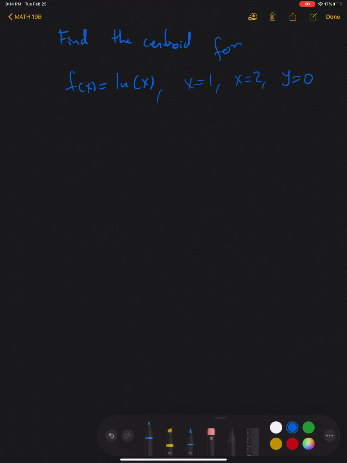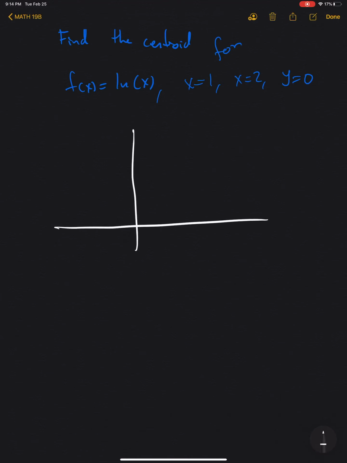Let's work out an example of finding the center of mass of an object. Suppose that we're interested in finding the centroid for the region that is between f of x equals natural log of x, x equals 1, x equals 2, and y equals 0. In other words, the region we're looking at is the one that is between the function f of x equals natural log of x,